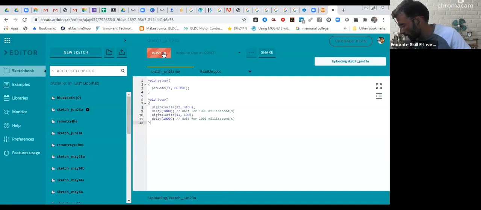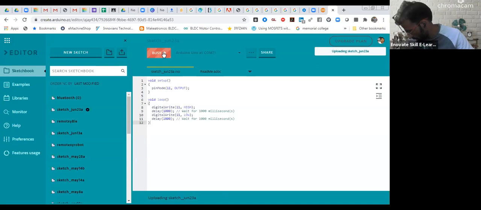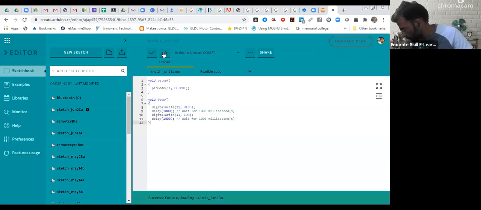Meanwhile, I have to connect one LED over here. Okay, so my code is uploaded successfully over here.